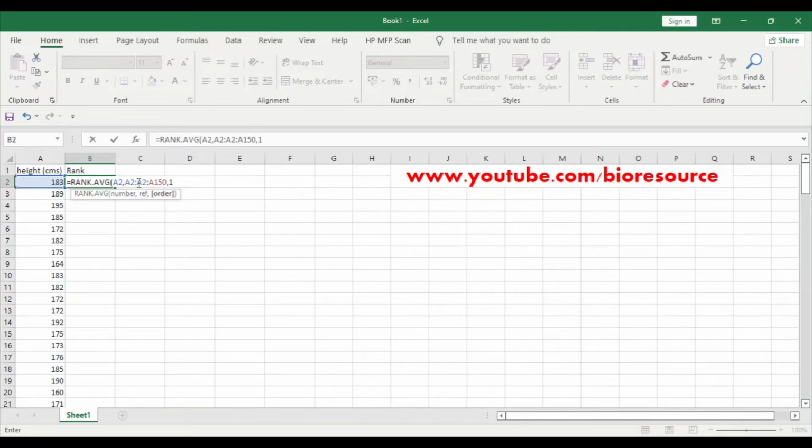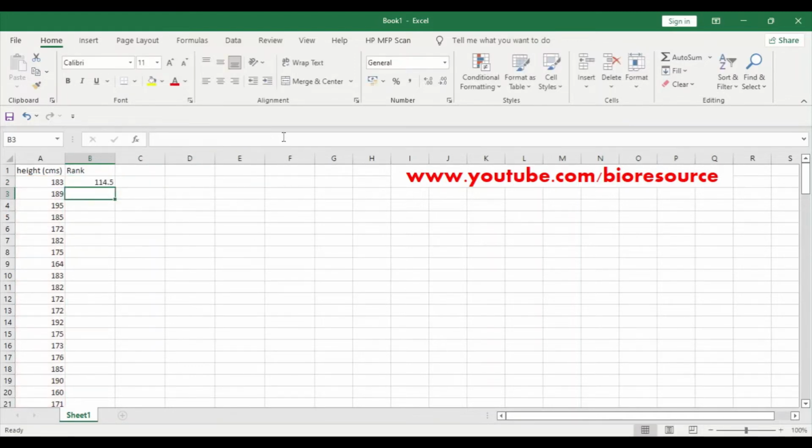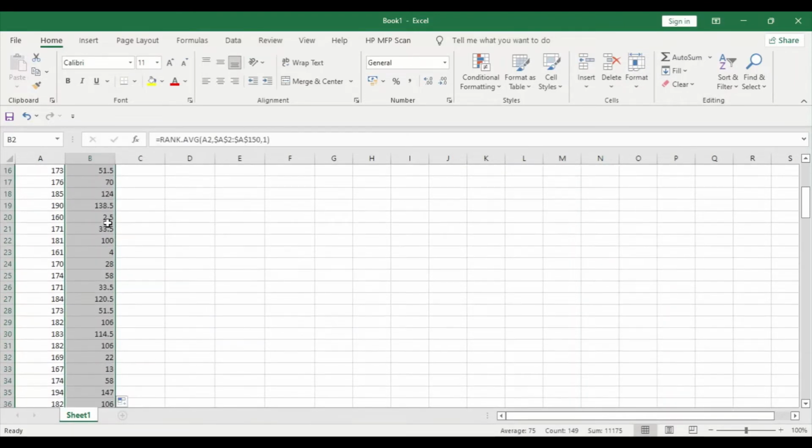And one thing you have to keep in mind: I think this is selected twice, so you need to remove this. Okay, now you select and press F4 to make it fixed, so that when you drag down, the cells will be locked and the respective values will be selected. Now close the bracket and press enter. So now we have the rank, and just double click on the corner to fill in the details. So we have the rank here arranged in order.